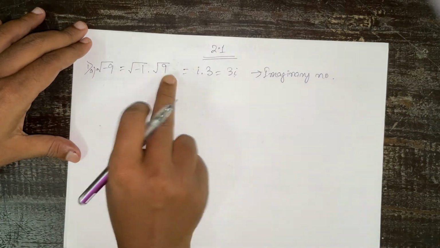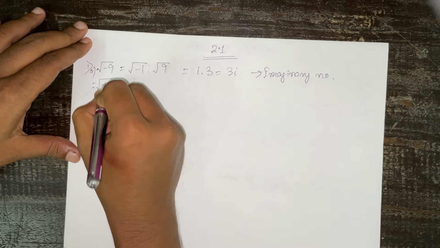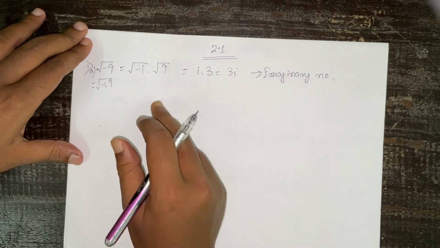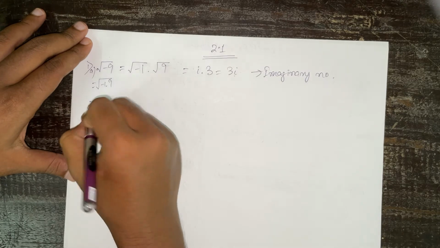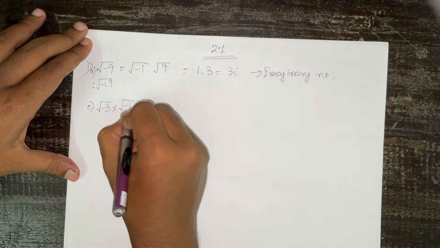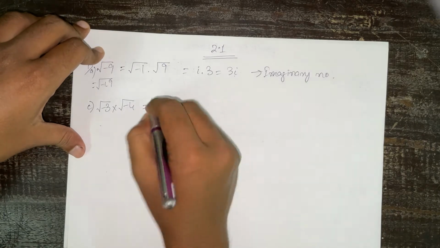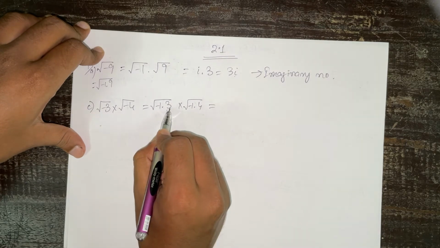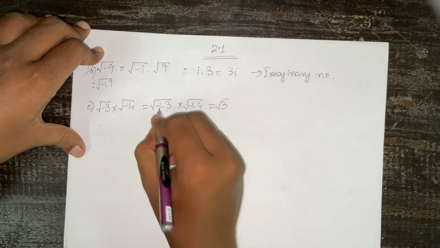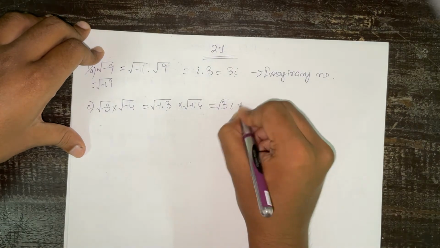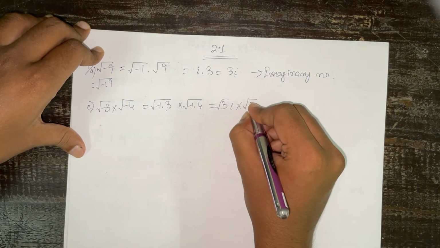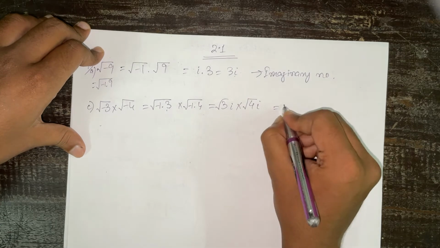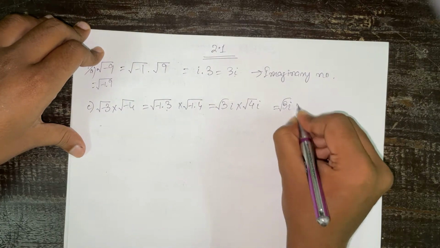I hope this part is clear, because root of minus 9 means root over minus 1 into 9. So minus 1 is minus 1 here and we get 9 here, okay. So next up, let's take another number, for example number C, and we have here root minus 3 into root minus 4. From root minus 3, that means it is root over minus 1 into 3, and this is root over minus 1 into 4. So root 3 will stay inside the root and root minus 1 will become i, into root over 4 into i. So now root over 4 means 2 and root 3 is root 3. So it is root 3 i into 2i.